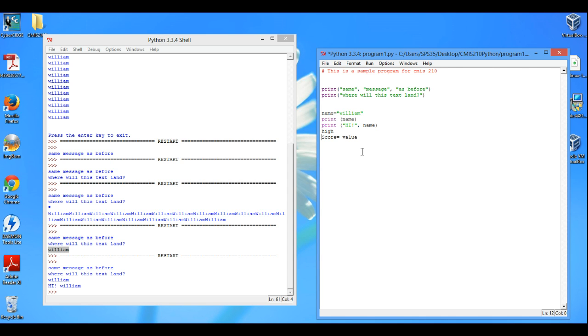I'll flip my page here. Okay. So variable names, wonderful and great. So now,